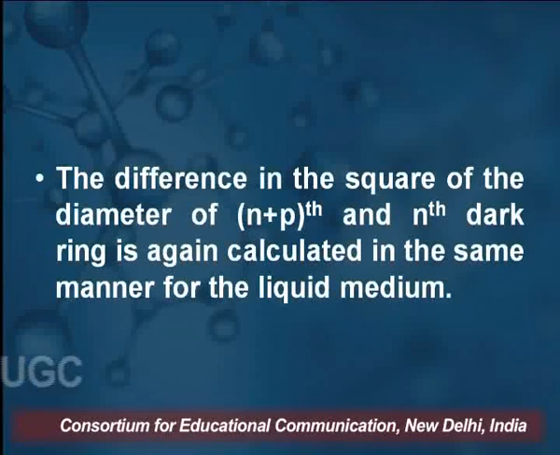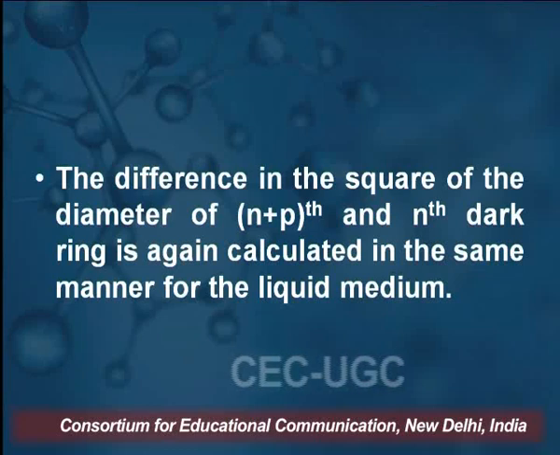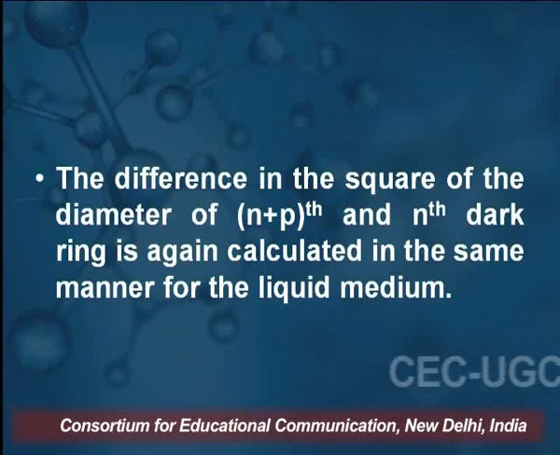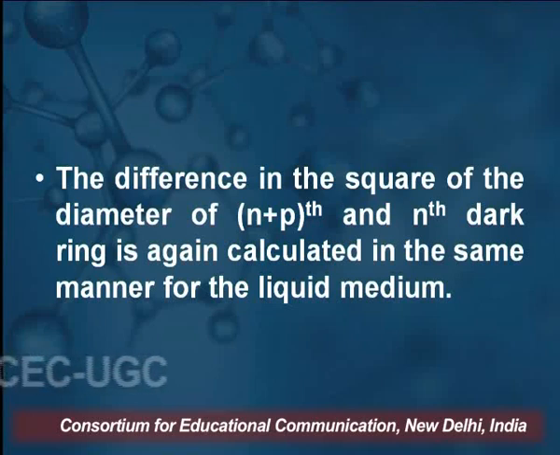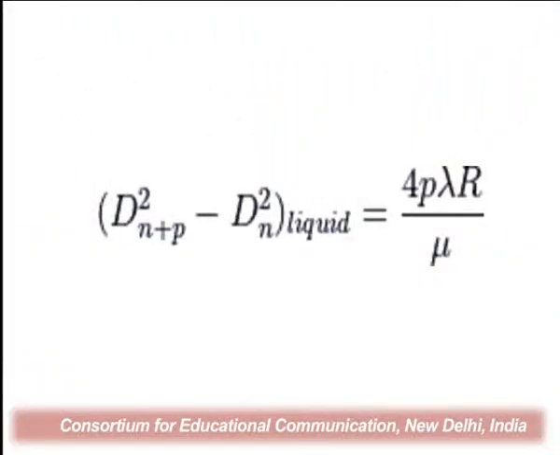Using the formula, the difference of the squares of the diameters of the n plus pth and nth rings is again calculated in the same manner, now for the liquid medium. Previously we calculated for the air medium. Now the similar formula will be used for the liquid medium. So here we see D(n+p) square minus D(n) square for the liquid is equal to 4p lambda R